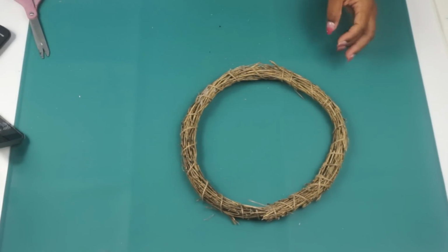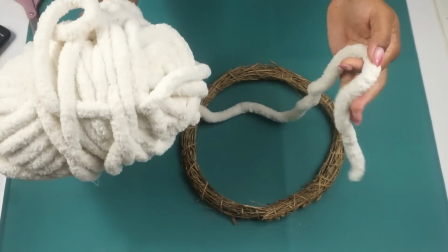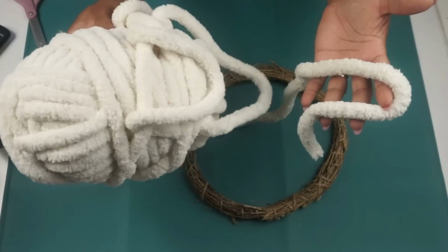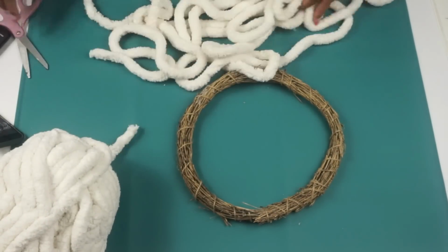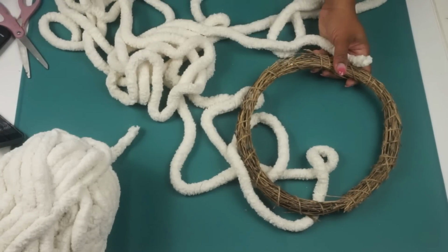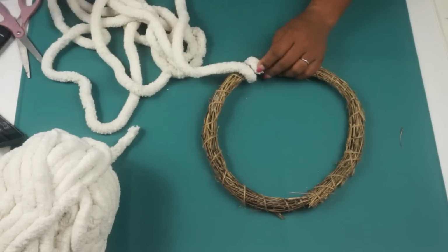For the video, I'm going to actually start off doing a wreath. And so I took this wicker wreath that I've had for years. As you can see, it looks kind of flimsy, but anyways, I'm going to take some of this white yarn that I picked up from Hobby Lobby. I've actually had this for a couple years as well. It's called chunky yarn, and I just grabbed like a good bit of it in a row, just cut it off, just kind of eyeballed how much I needed, and then I'm just gonna hot glue down the ends